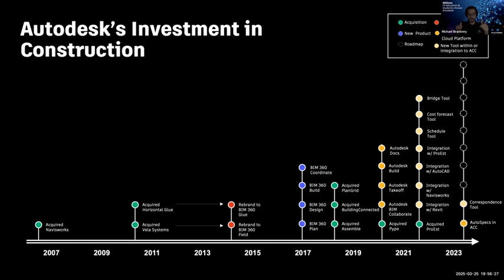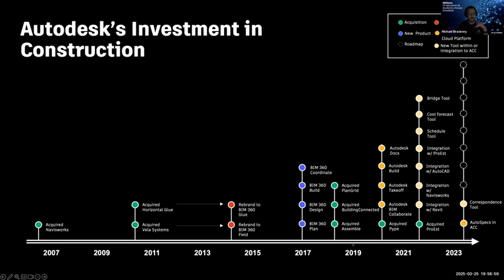So this was a lot of superintendents who were using their iPads in the field to see drawings, mark up drawings. We also acquired Building Connected. This was a tool more focused on a bid management platform, so being able to effectively bid on projects. We also acquired Assemble, which was like a 3D modeling conditioning tool, which you could use for progress tracking or quantity takeoffs. And a lot of this has now been folded into what we're now calling